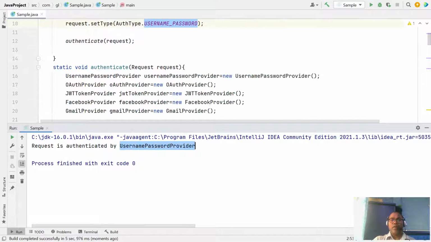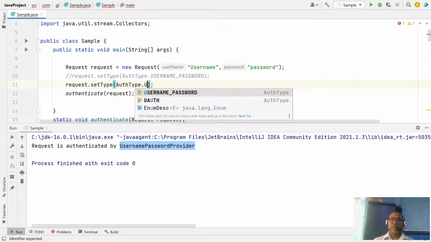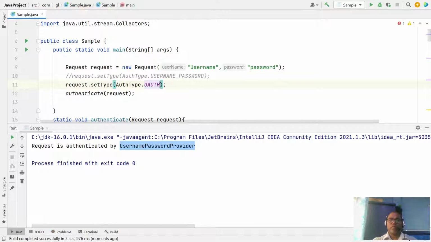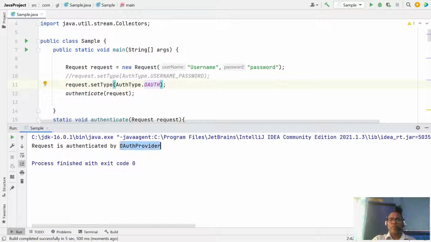Let's change this to OAuth. So this must be identified by OAuth. The request is authenticated by your OAuth provider.